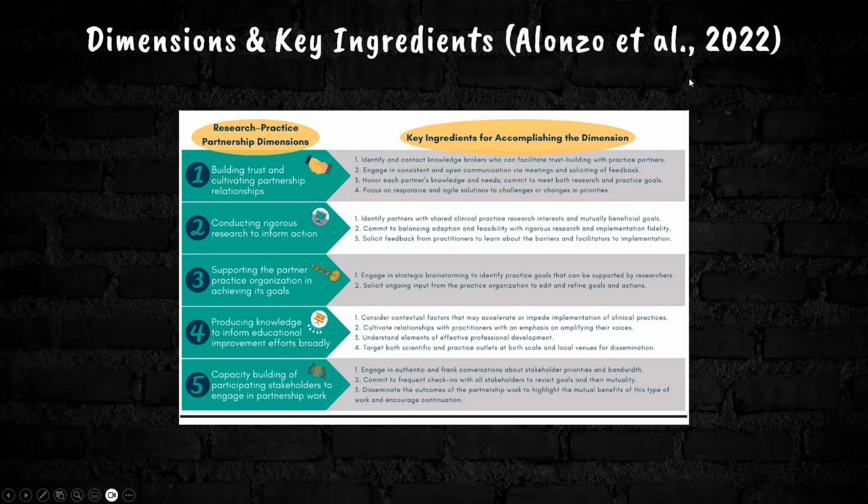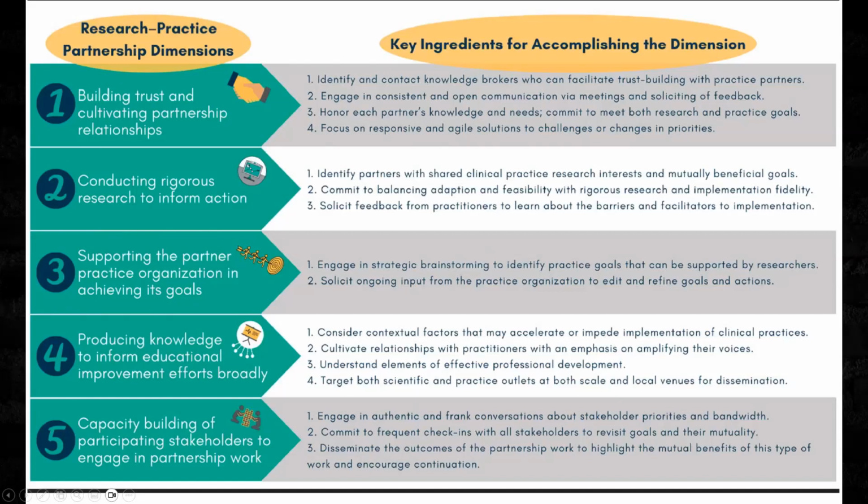Now, Crystal Alonso and her colleagues, this study came out, and I feel like it was in an ASHA journal or speech pathology, but I'll look at this in a little bit. They put these key ingredients. There are 5 research practice partnership dimensions. That is not theirs. That is from a 2013 study by another researcher. I'm all over the place, y'all. Sorry. So Coburn. But they expanded or elaborated upon this, kind of like Scarborough's rope, where it's just categories, and what we've done is add more information about what those categories mean.